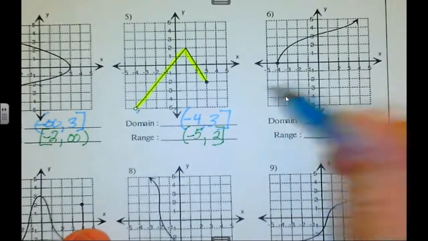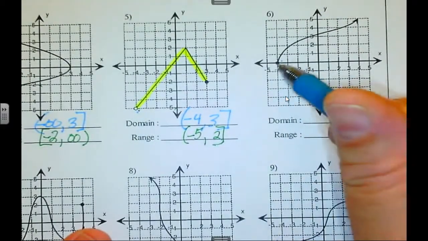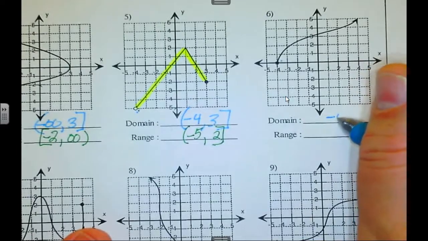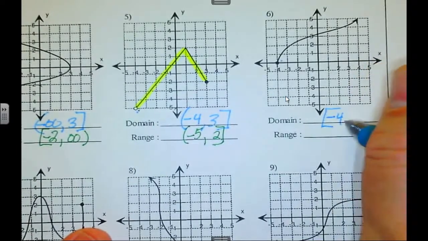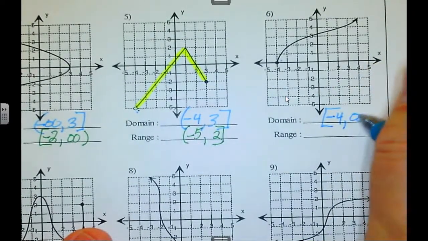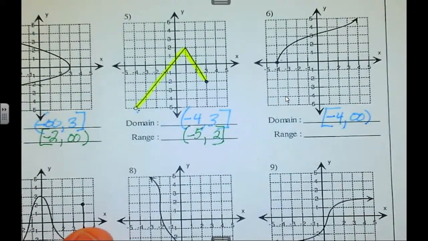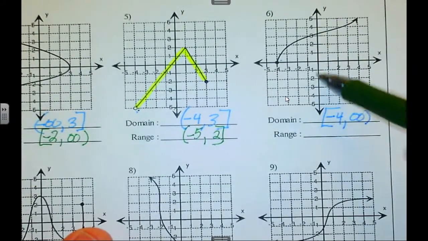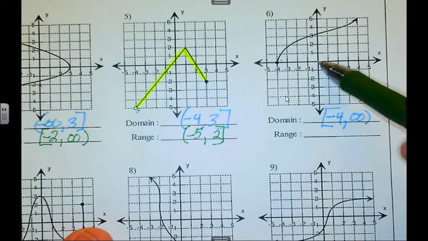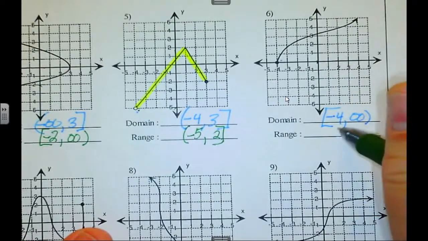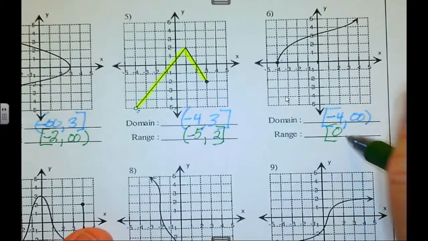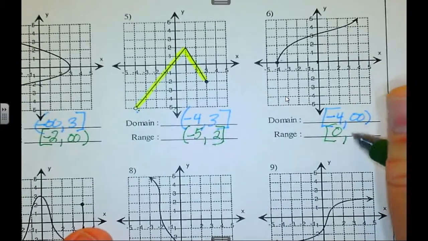So that's all I do here. Smallest x value, closed, and then infinity. Smallest y value, 0. Starts at my y value, 0. Closed circle, bracket, and goes up to